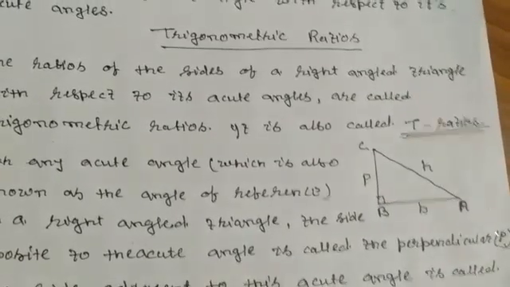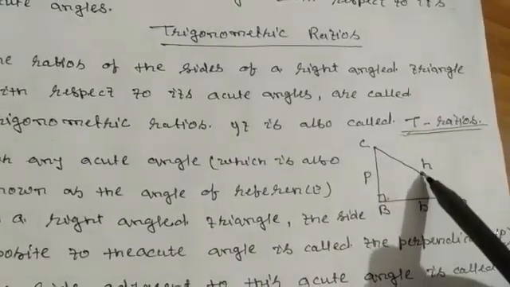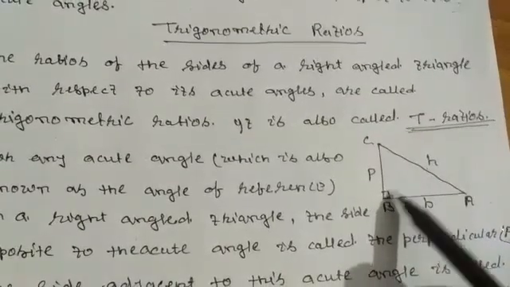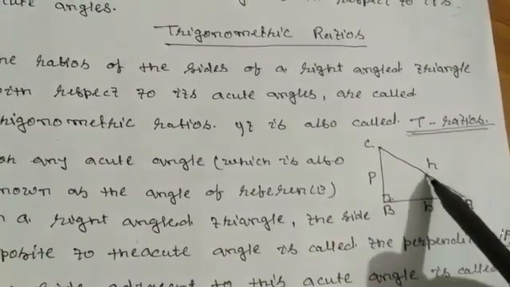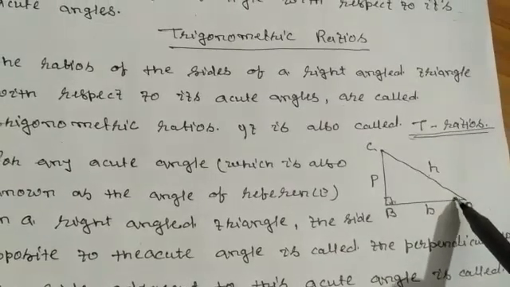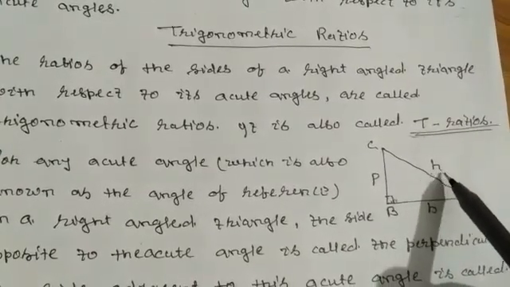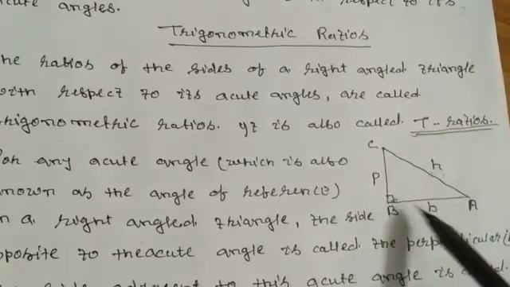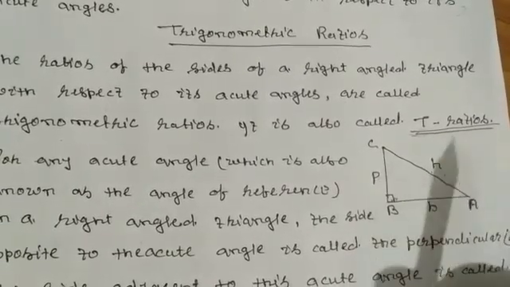Then the side opposite to the right angle is called the hypotenuse and it is denoted by H, and this is the longest side of a right angle triangle,